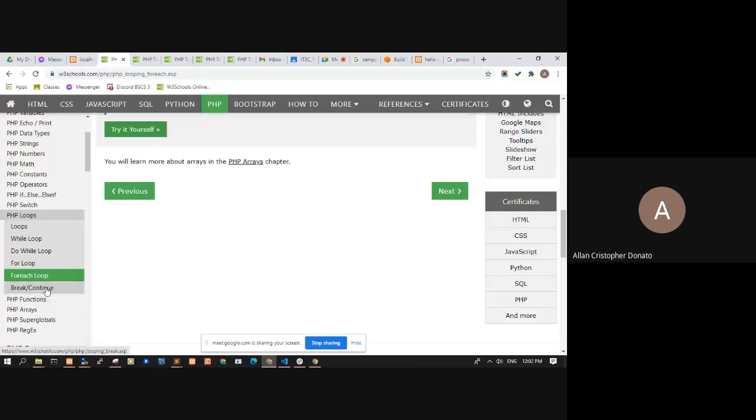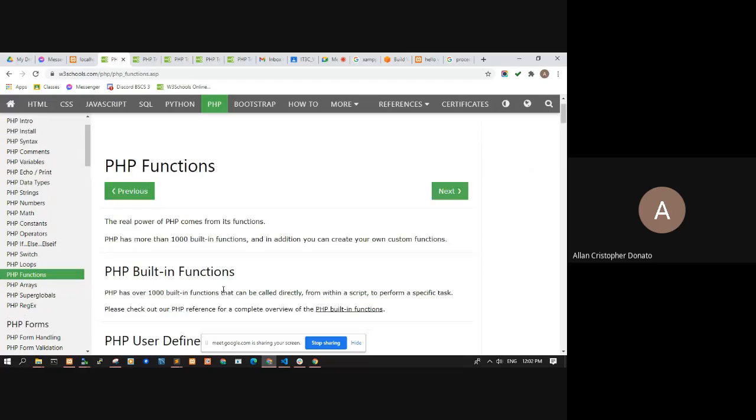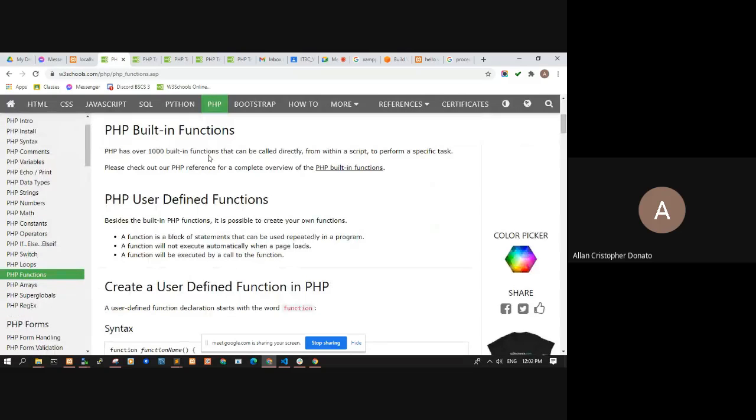So of course, you also have the break and continue, and then functions. So PHP has over 1,000 built-in functions that can be called directly from within a script. And dahil procedural, si PHP before contains over 1,000 built-in functions.